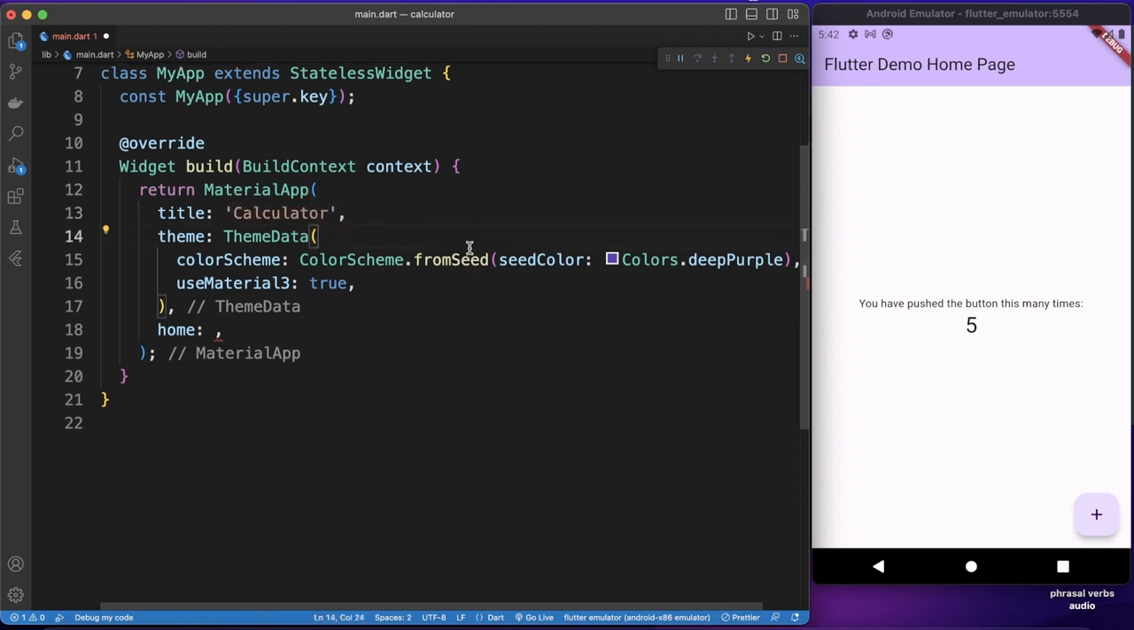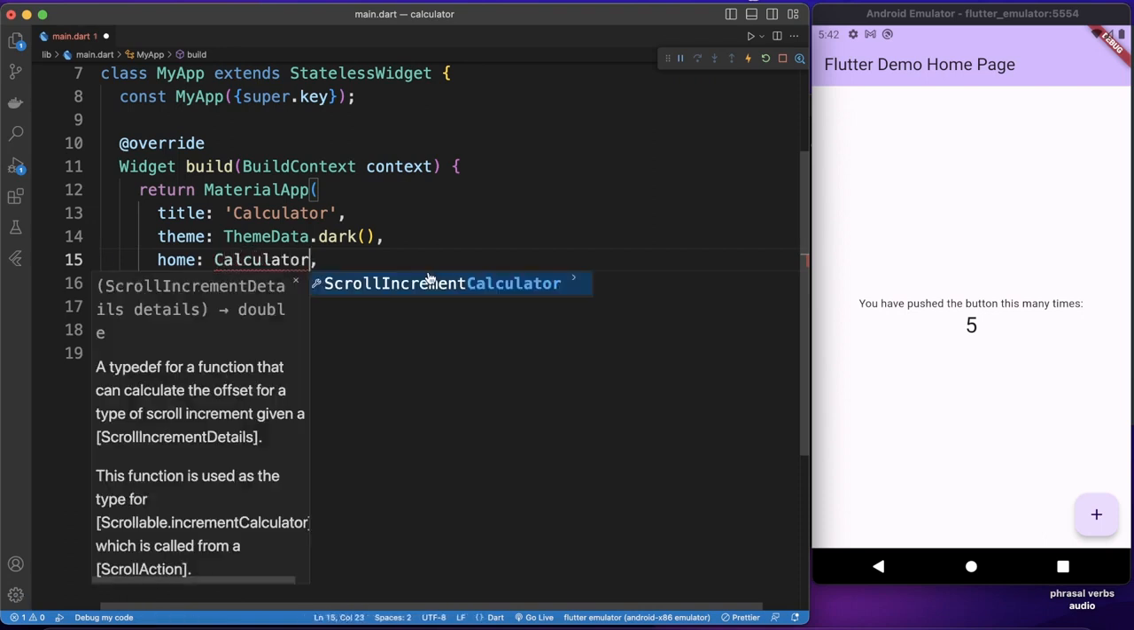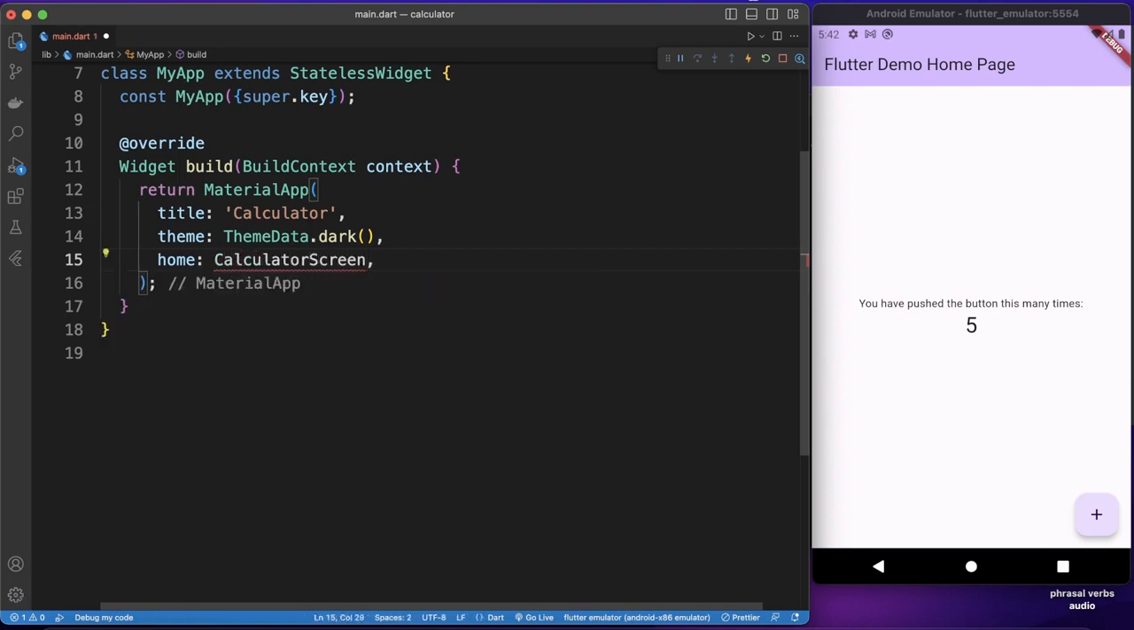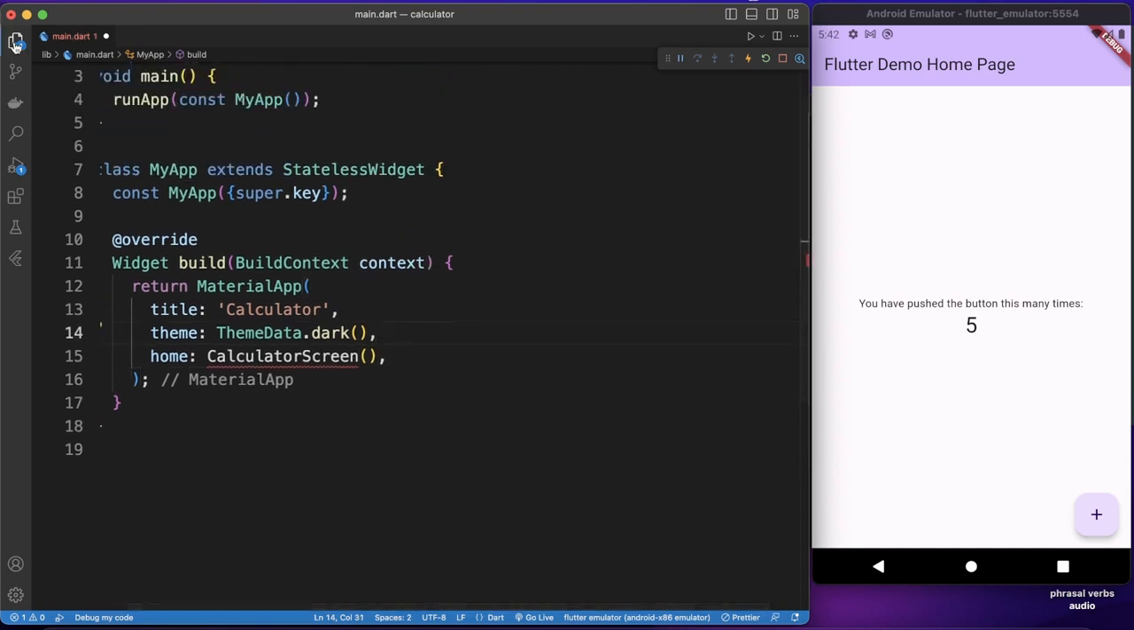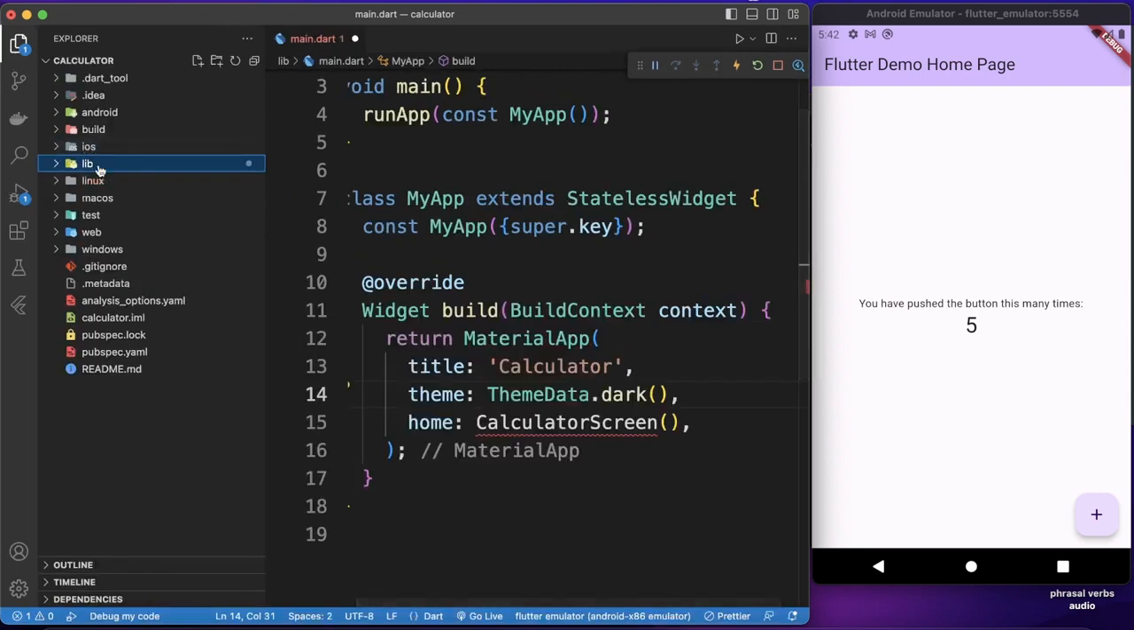Okay, now for the theme, I want to use dark theme, so theme.dark, and for home property I will create a new widget that is going to be calculator screen. Okay, so we will create this in a new file. Let's open up our lib folder again, and inside there I want to create a new file. The name of that file will be